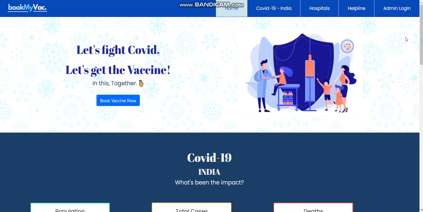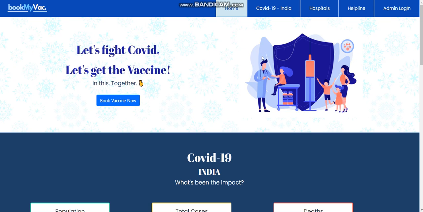As the name already suggests, BookMyVac is an online platform which allows users to book their vaccine from their home itself. In this pandemic situation for a country like India, which has a huge population, distribution of vaccine is going to be a very challenging task. And therefore, we came up with a solution of easing the distribution process. We will allow users to book their slots and their hospital or clinic according to their distance from their